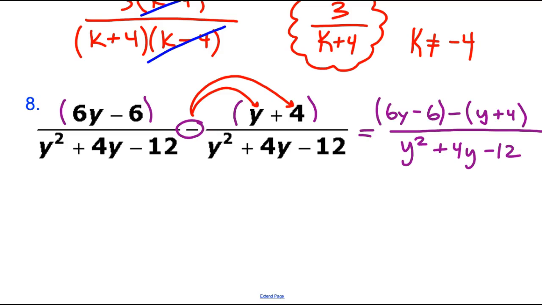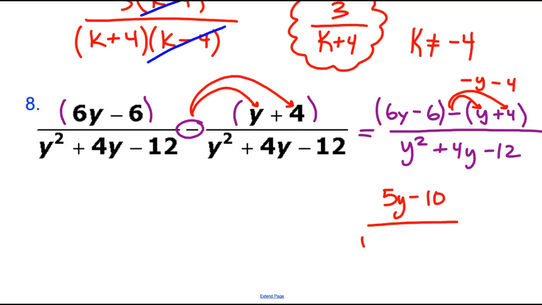But the thing that I want to make sure you realize is this minus is distributed to both of those. So you have to make sure to subtract them both. So it's really minus y, and it's minus 4. So when you put that all together, you get 6y minus y, which is 5y, minus 10